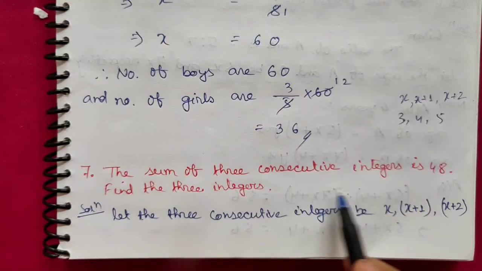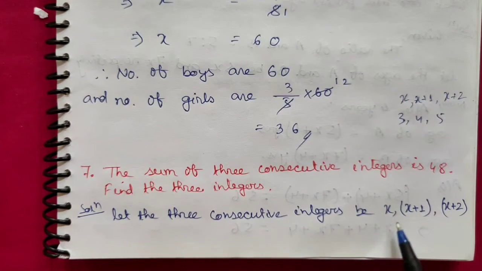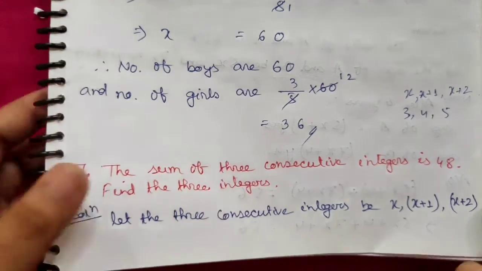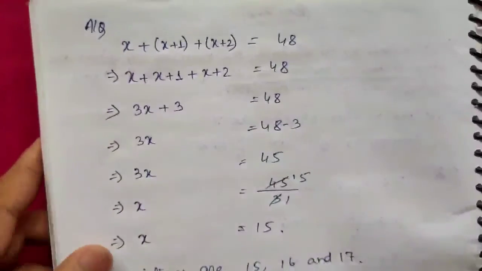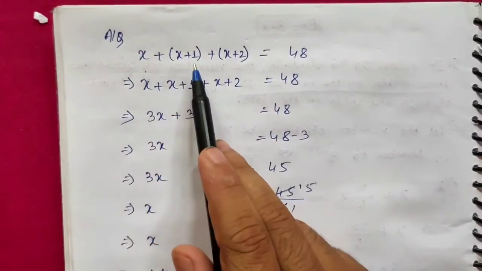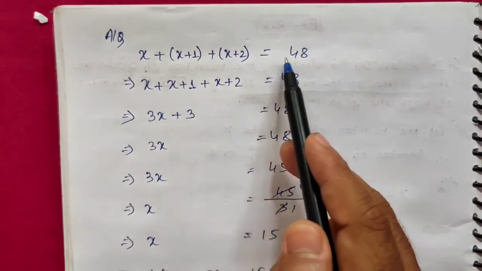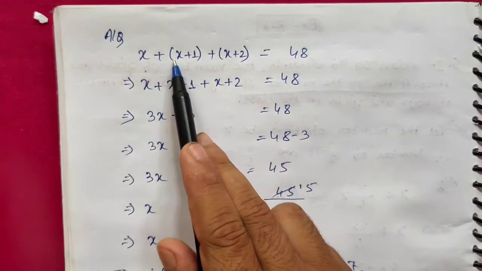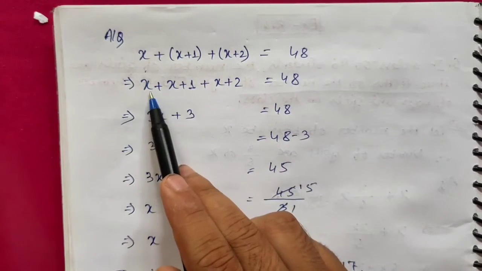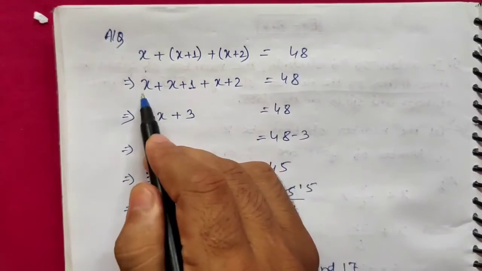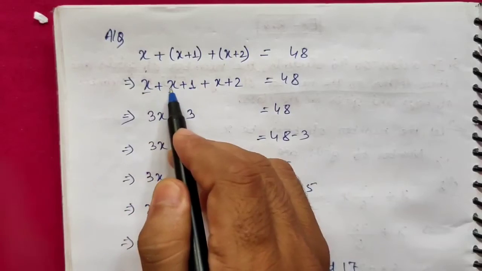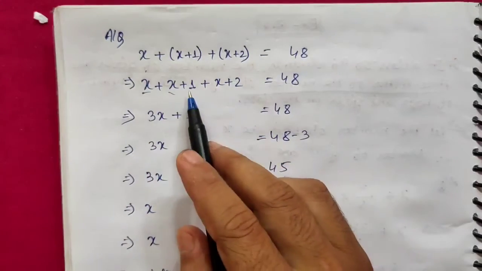Here the sum of the three consecutive integers is 48. So we will add them: x plus (x plus 1) plus (x plus 2). According to the question, x plus (x plus 1) plus (x plus 2) equals 48. Then we remove the brackets, x plus 1 plus x plus 2 equals 48. Now we add the variables: x plus x plus x means 3x, and 1 plus 2 is